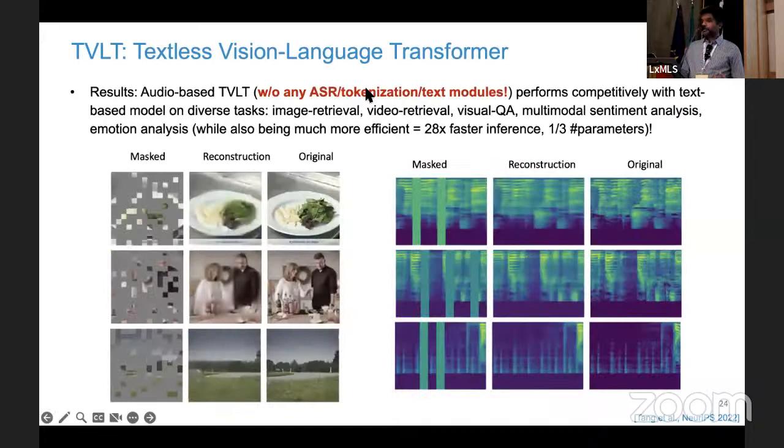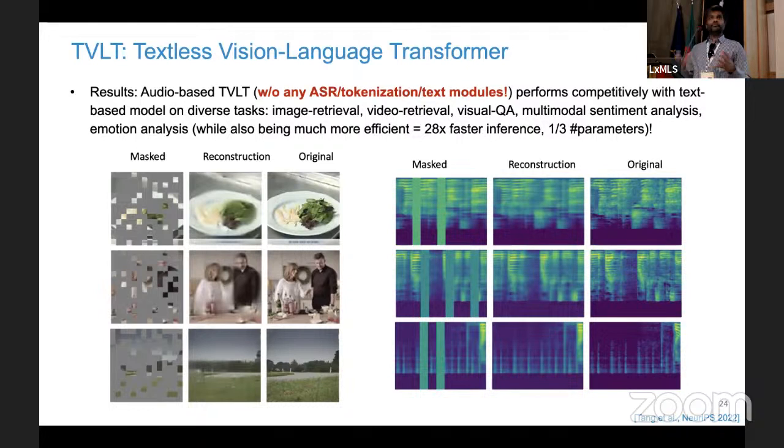So in terms of the results briefly, this was a pretty surprising result to the community back then, where we showed that our audio-only, textless vision-language transformers, without any ASR or tokenizer or other text module dependency, perform competitively with text-based models.